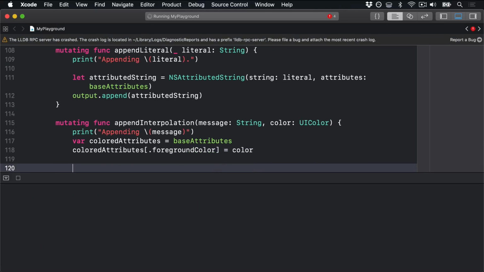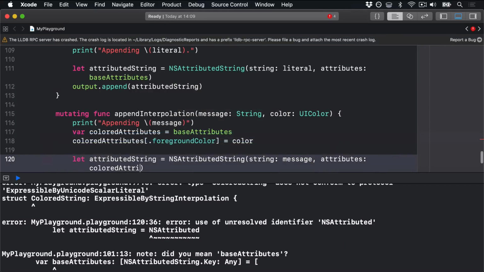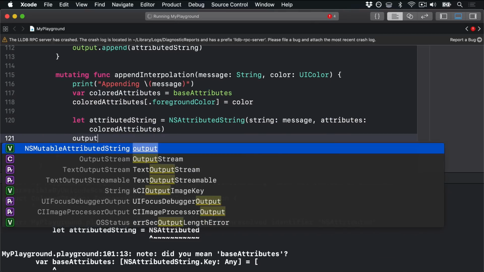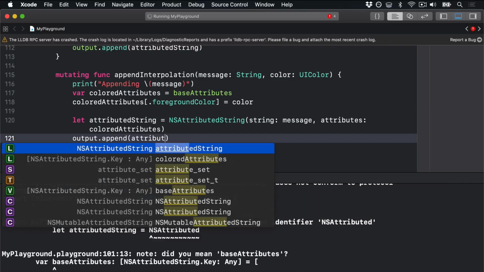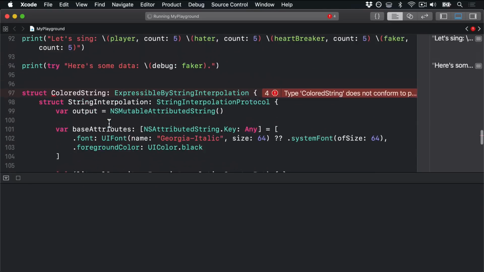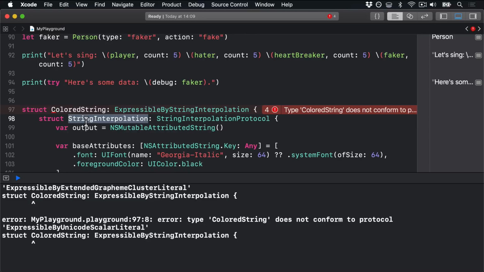We can then wrap that in a new attributed string again by saying let attributedString equals an NSAttributedString with the message and the attributes being coloredAttributes. And append that to our output. output.append(attributedString). So that finishes off our internal type. This nested type here, StringInterpolation. That completes that type. Remember, this thing is a scratchpad, which means it's used to hold temporary values